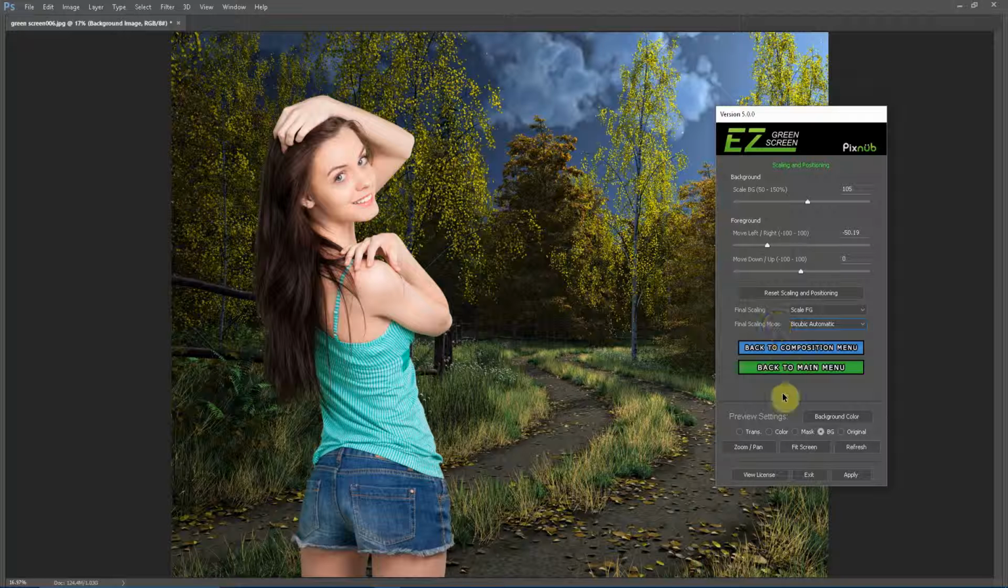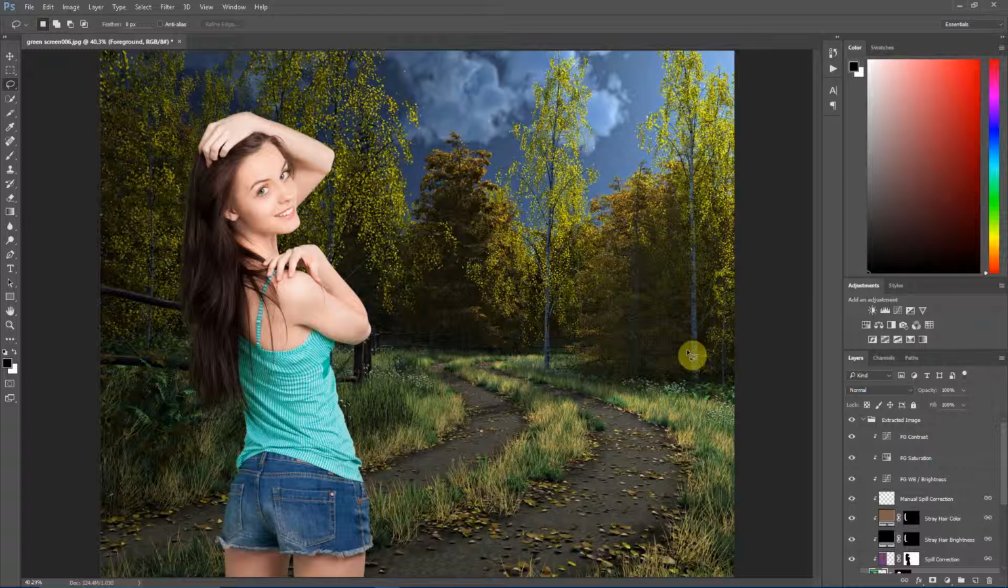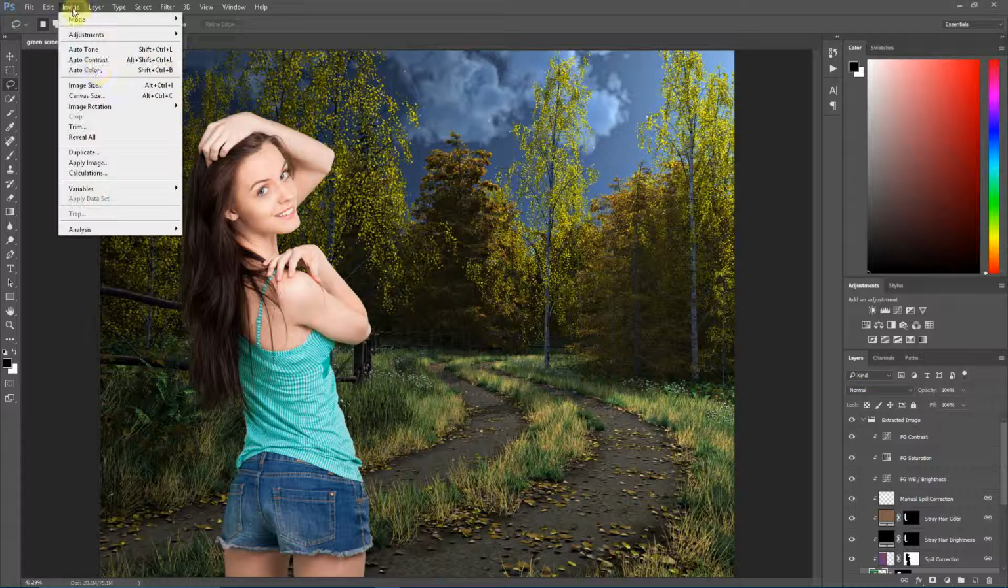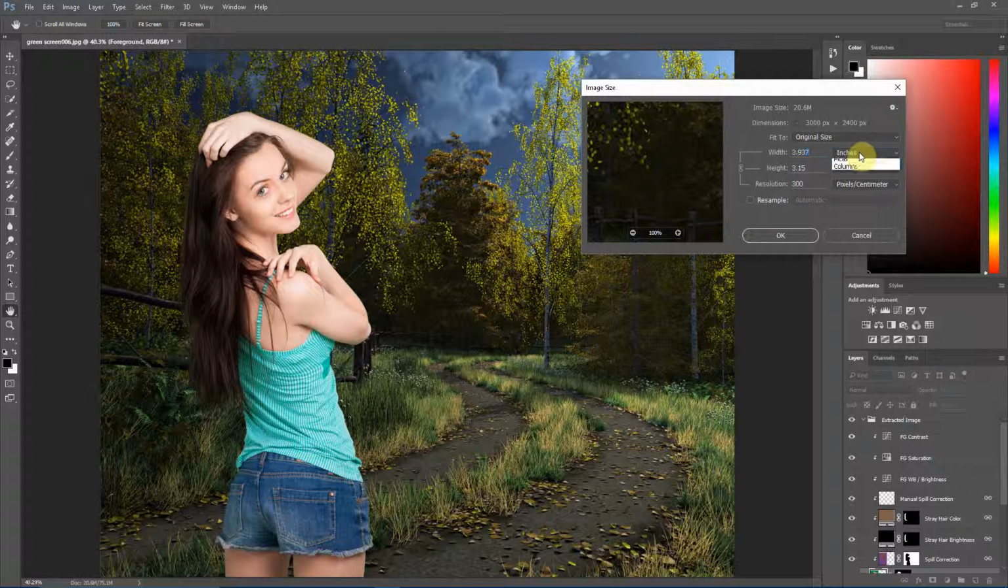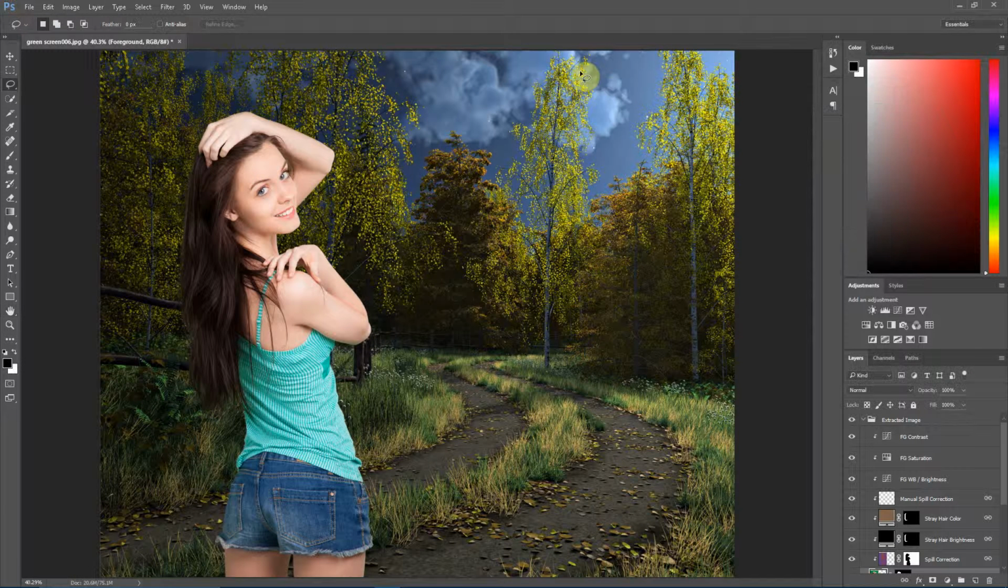I'm just going to demonstrate here. We're going to scale our foreground, not use a smart object, just a normal scale. And we're going to hit apply. It's finalizing the extraction now and doing the scaling it needs to do. And so if I look at our image size here, this 3000 by 2400 pixels, that was the original size of that background image, and this foreground has actually been